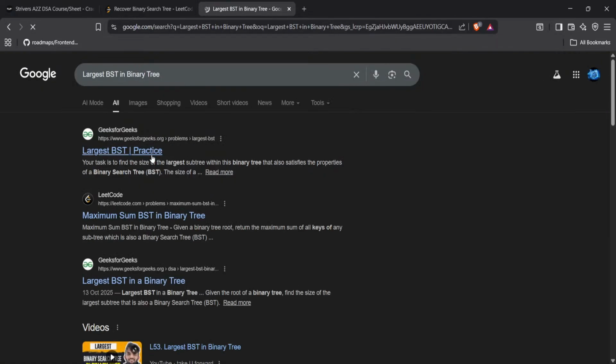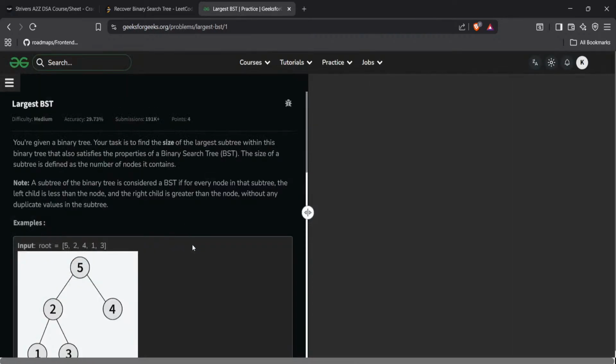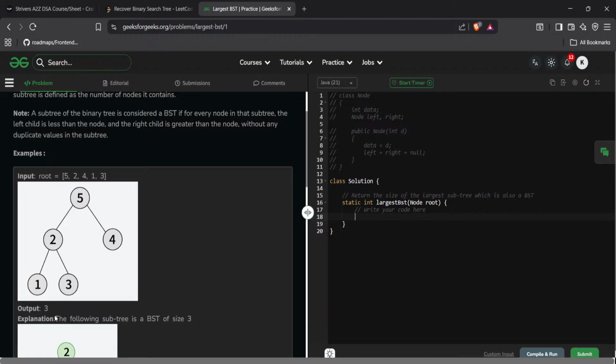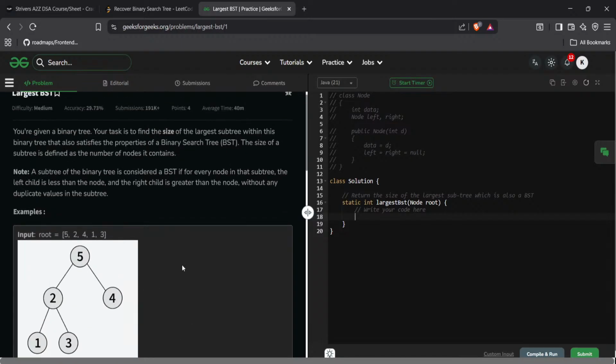Largest BST. We'll try to solve it tomorrow. Largest BST is 3. You are given a binary tree. You are asked to find the size of the largest subtree within the binary tree that also satisfies the property of a binary search tree. Size of a subtree is defined as the number of nodes it contains. A subtree of a binary tree is considered a BST if every node in the subtree